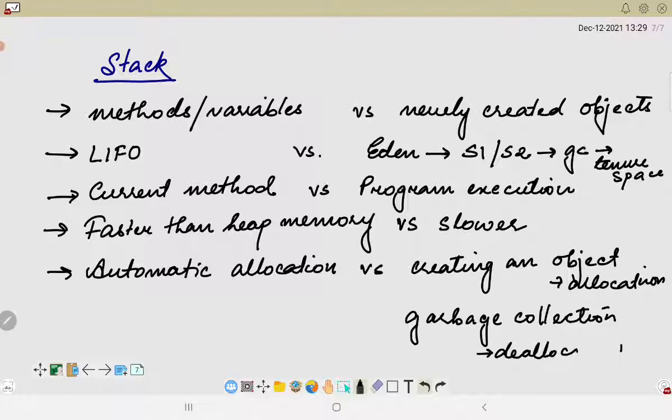Now garbage collection can be done for any object which does not have any reference or has a null reference. However, here the allocation is done in an automatic manner, and deallocation is done by the JVM itself. So these are the differences between the stack and heap.